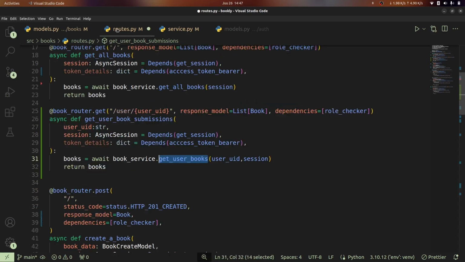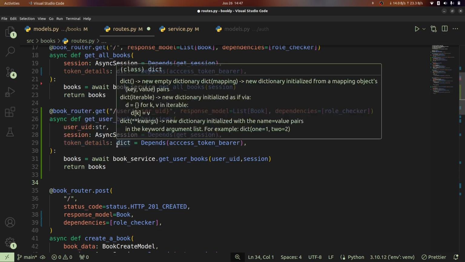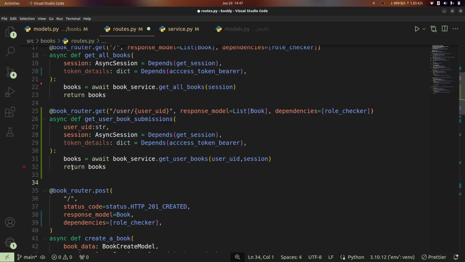Then head back over to our routes right here, so we can now handle getting all books by a certain user. We can also go ahead and get books for the currently logged in user by simply using the token details user ID, and then we can simply go ahead and do that. But we're going to look at how we can do it in a more interesting way using relationship attributes. So I'm going to go ahead and save, and to test this endpoint, what we're going to do is